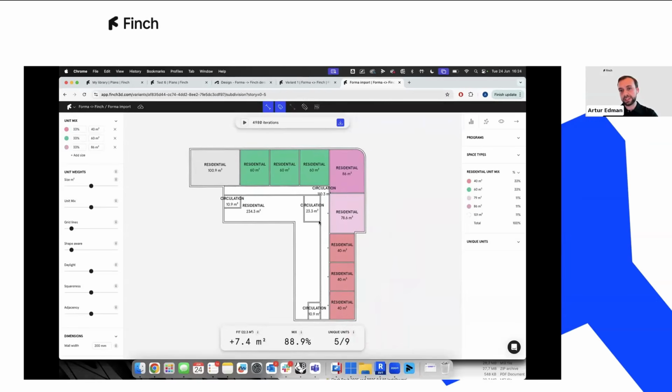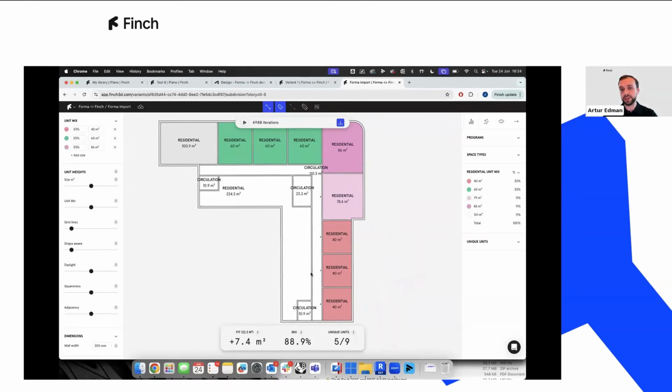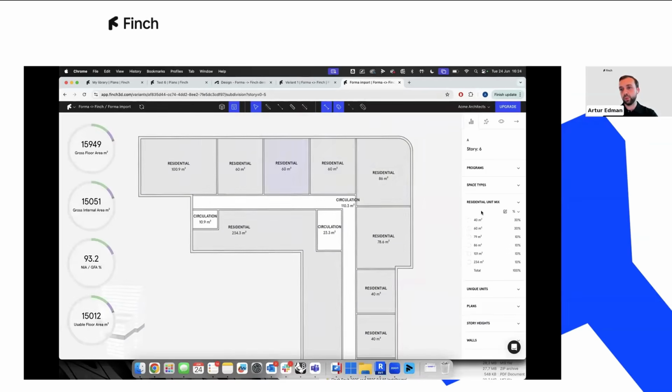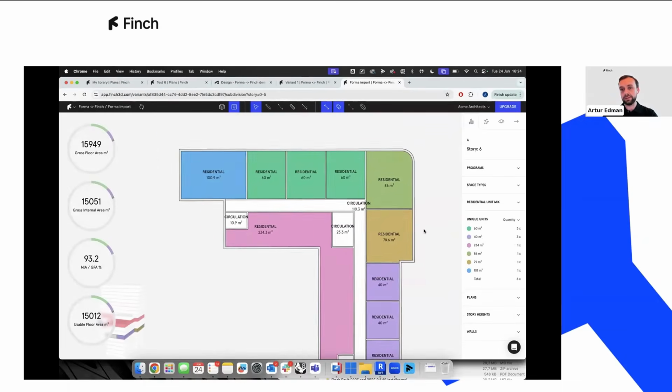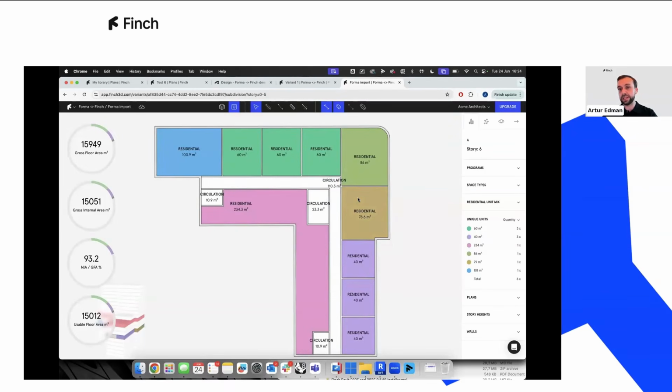I'm quite happy with the way that this mix has been applied, in particular because the smaller units are at the more narrow shape here. So I think they're going to be easier to lay out for me. And so I can apply this and we can start looking at how to get the units themselves laid out and planned. So just before we do that, I want to stop here and say that this is